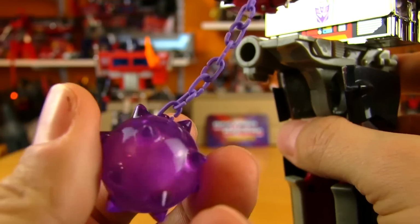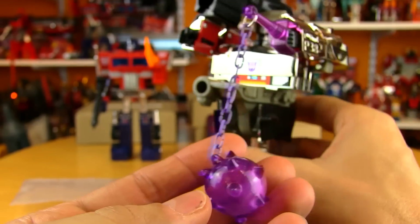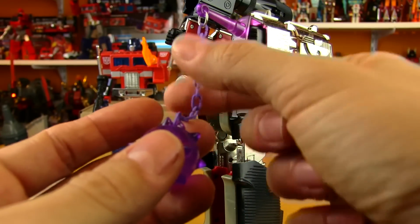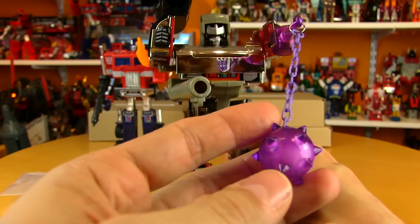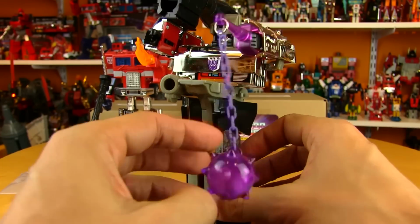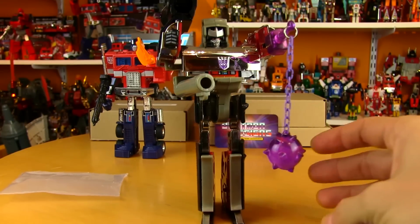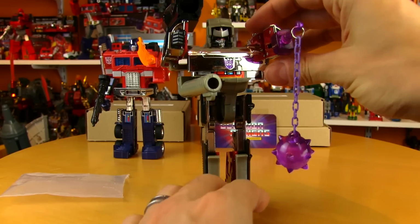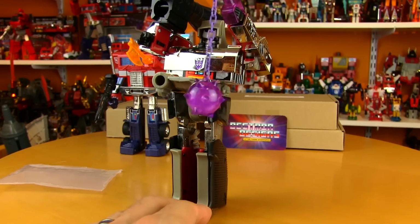So some of the Masterpiece or third-party Megatron Transformers come with the energy mace, and that's what this reminds me of, the hard plastic chain that goes between the segment that connects to Megatron's fist and the ball. I think that's a good length for the energy mace. Too long and it's just sitting on the ground, which isn't good. I think one of the third-party Megatrons has that problem. And